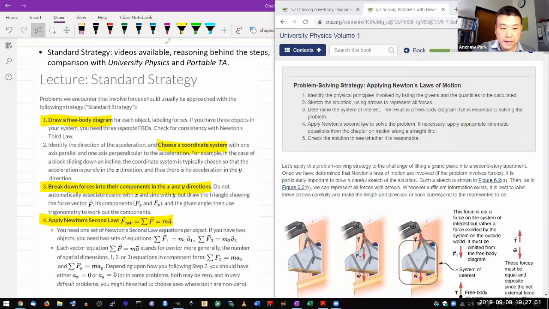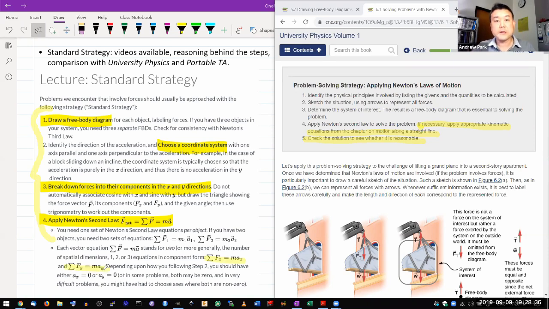Now, there's something we kind of omit in standard strategy. In your textbook, it says, if necessary, apply appropriate kinematic equations from the chapter on motion along a straight line. And it says something about check the solution to see whether it's reasonable. And all that's good. I don't include them as part of standard strategy, because what I want to impress on you is that this doesn't actually solve the problem for you. It sets you up to solve the problem. Because once you have written down Newton's second law equations, then what you have